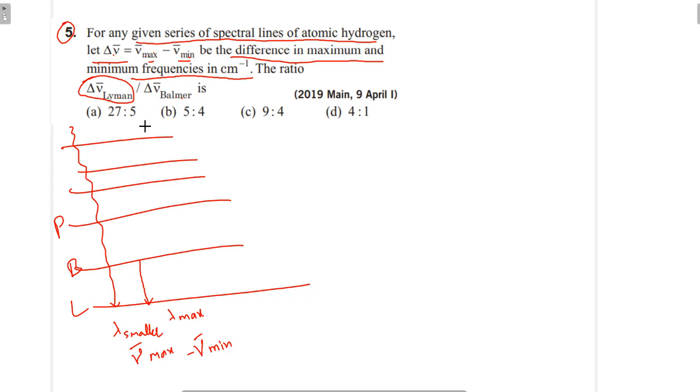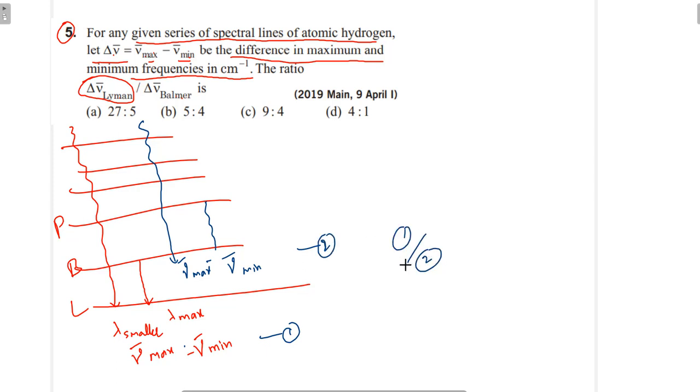Okay, like that again. One more from infinity to Balmer series. Okay, here also nu bar maximum. Next line is from this next level, lambda minimum. ये दोनों का difference, ये दोनों का difference. Equation number 1, equation number 2, then 1 by 2. So what is the answer? You have to do these things. So how can you do? Then same formula, Rydberg constant formula.